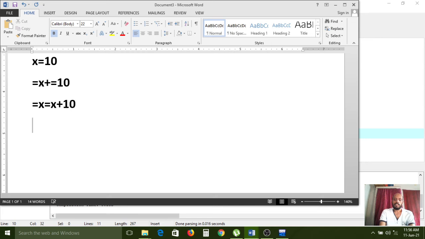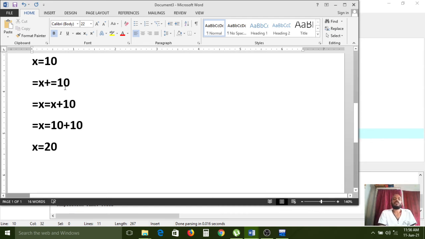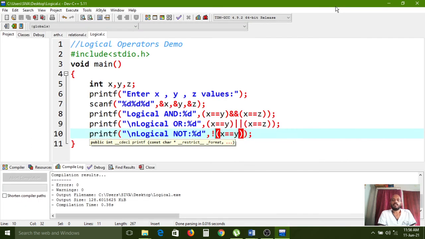Again, what is the value? 10 plus 10, because initially we gave x the value 10, so the x variable is replaced with 10. Finally the result, the x value, becomes 20. Like that the operator works internally, and each and every operator will work like that.